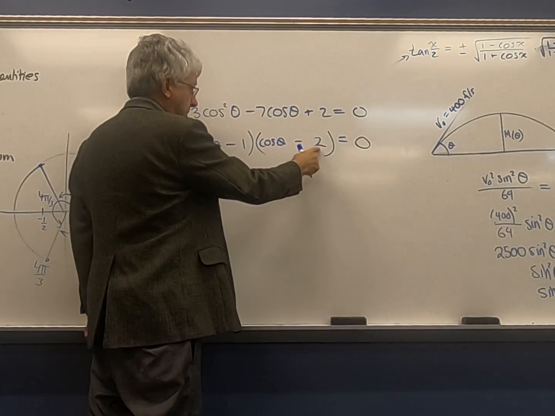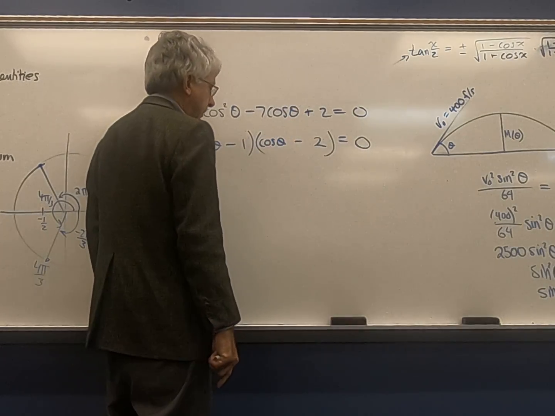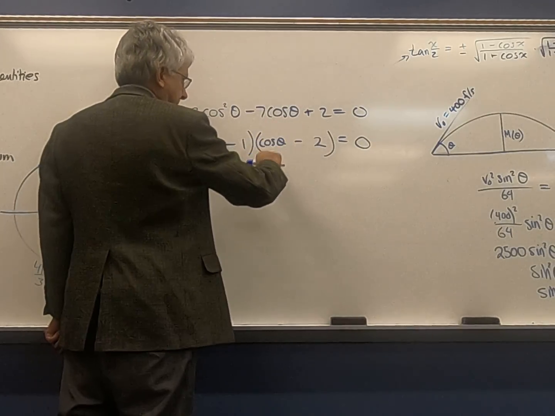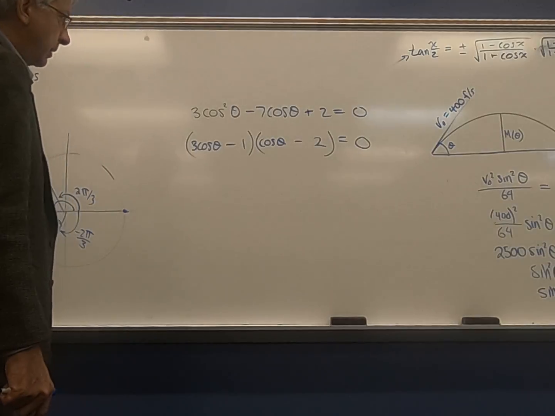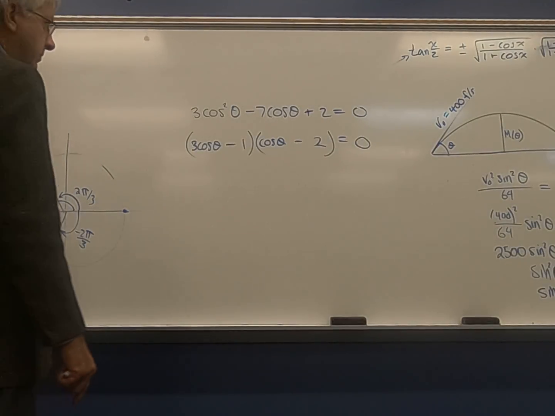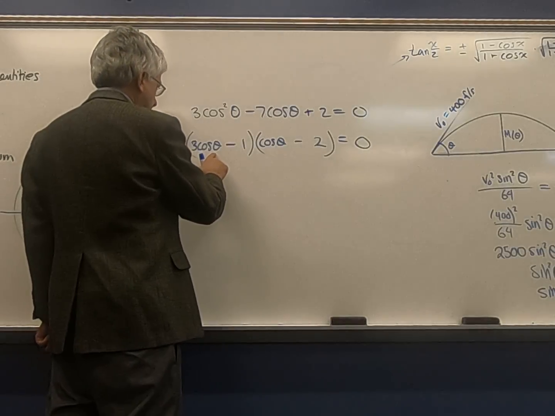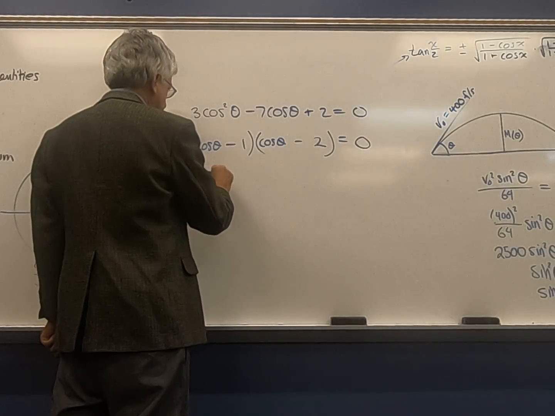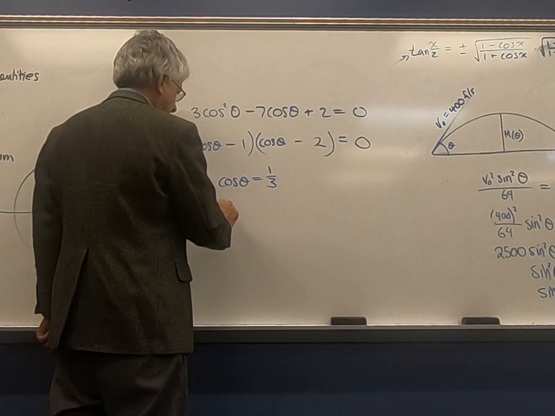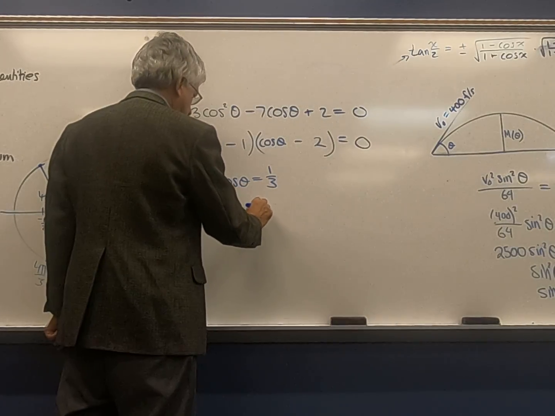And 1 minus 2 is not 0, right? So this cosine minus 2 will range between -3 and -1, huh? So it's never 0. So we just look at this one and say cosine theta could be 1/3, right? Which means theta could be plus or minus the angle whose cosine